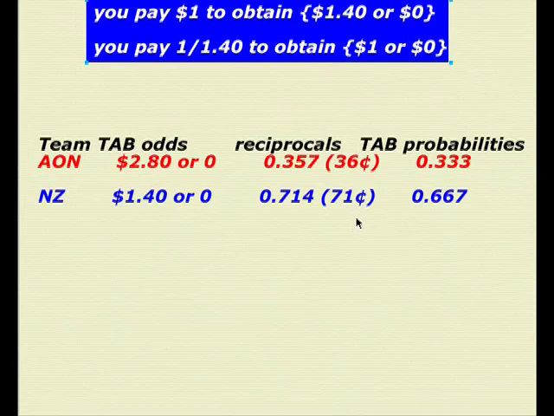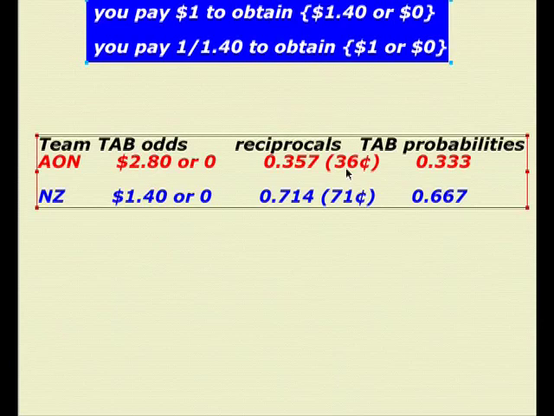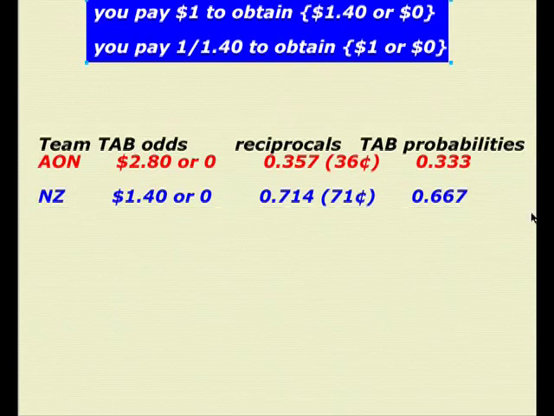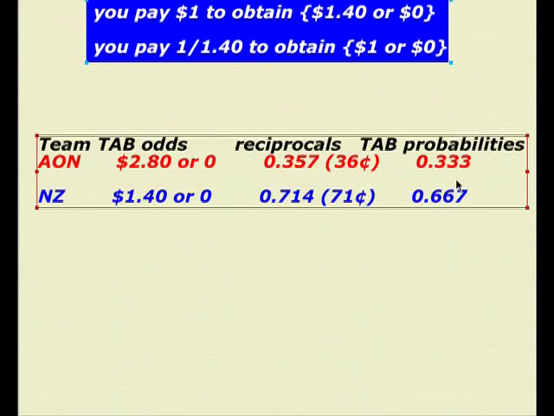So if you think of these prices as probabilities, and we get rid of the track take and just keep the relative size of these, then the TAB's probabilities on the All Blacks winning are 1 out of 3, and for somebody else winning, 2 out of 3. If you get rid of their track take, what's their guess when they set these prices? Sorry, 2/3 for All Blacks, 1/3 for some other country. So these prices reflect their beliefs, and that's what we're talking about in game theory.